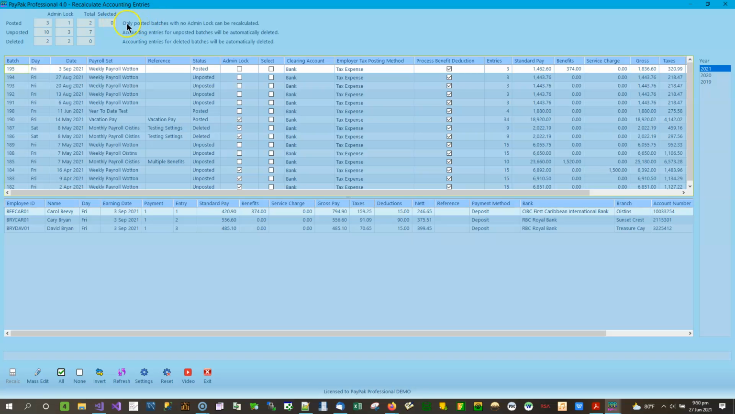Now, there are some notes at the top to guide you. Only posted batches with no admin lock can be recalculated. Accounting entries for unposted batches will be automatically deleted. Accounting entries for deleted batches will be automatically deleted. Under this you have a list of the batches,